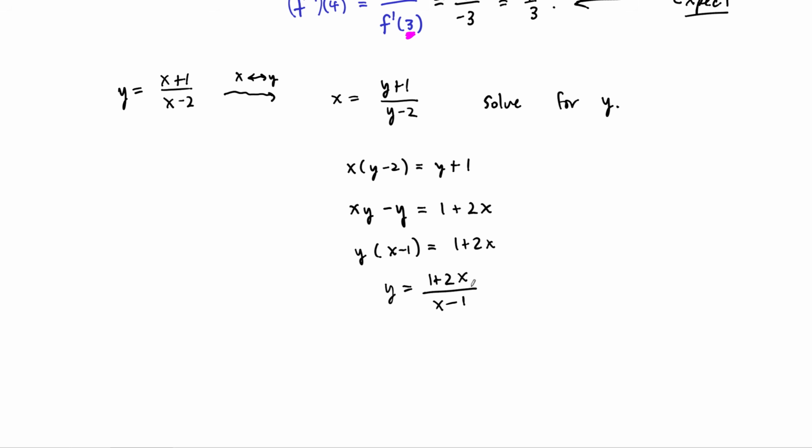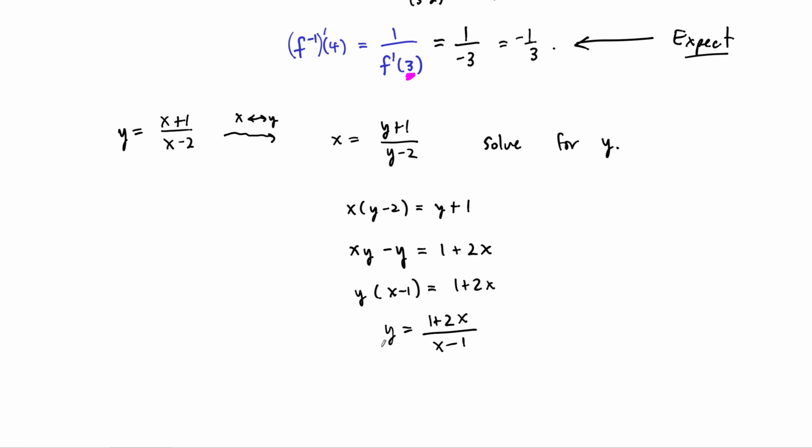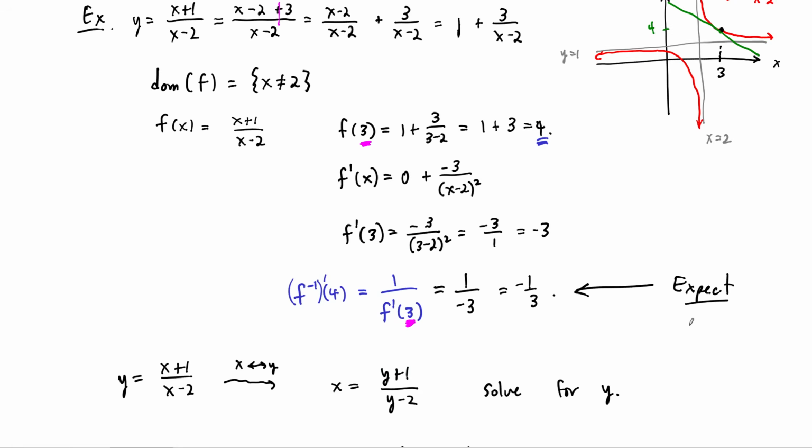All right, now first of all, we should ask some questions. Does this make sense? What's the domain? Now, I guess first of all, we've got y equals something up here. We've got y equals something down here, and they're different. Those two y's are different. So what we should now do is write, this is the formula for our inverse function, so we should give it the name f inverse of x equals 1 plus 2x over x minus 1. Now remember,